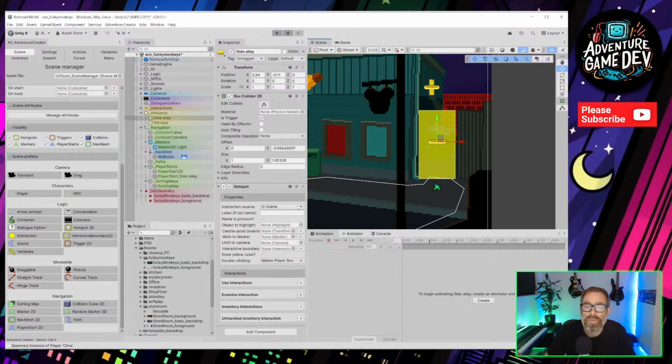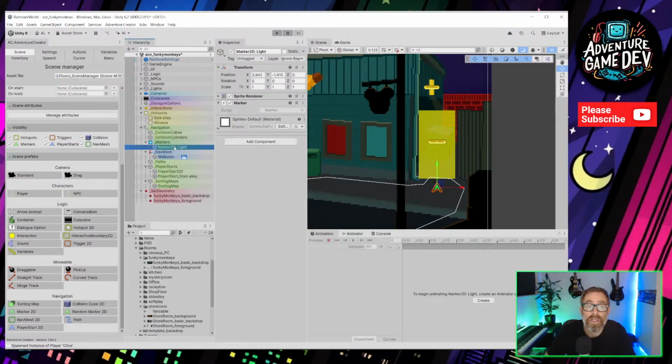So the actual side alley one, the walk to marker, we're going to use the same one. So it's called light now, of course. It made that before. Window.